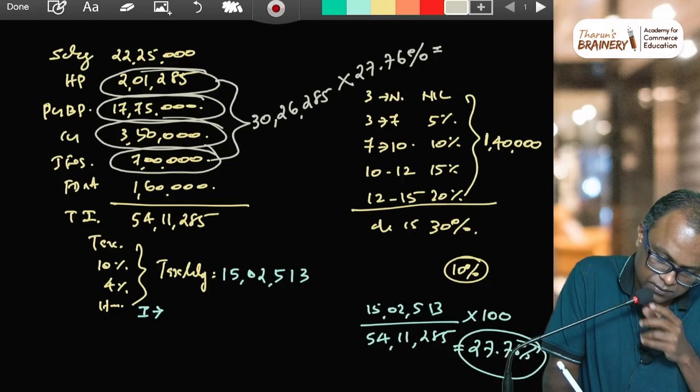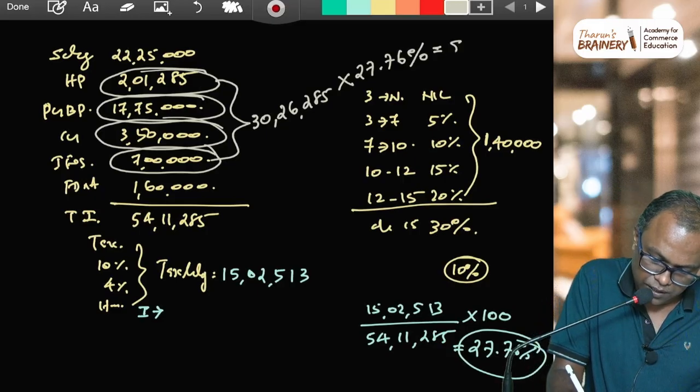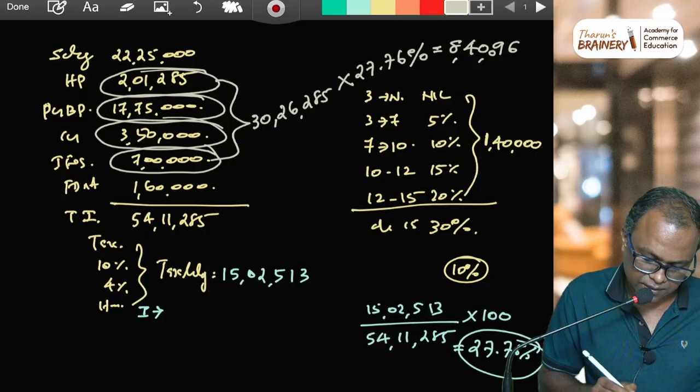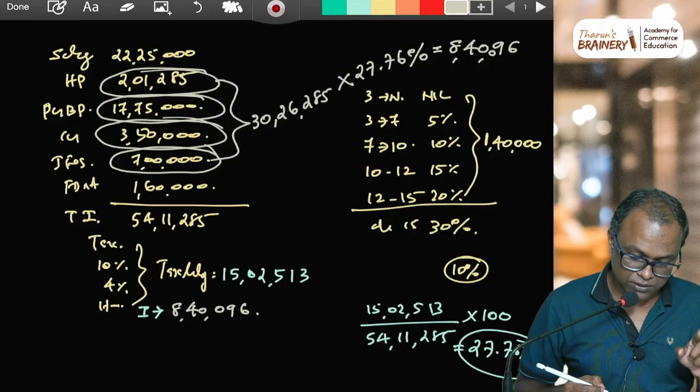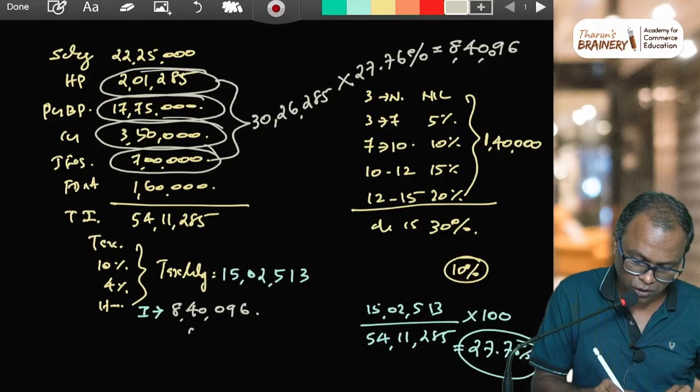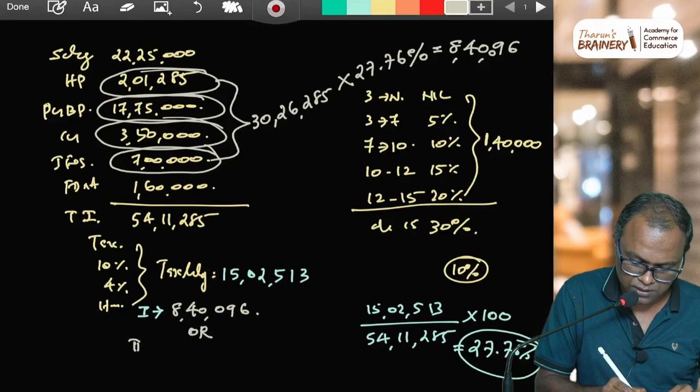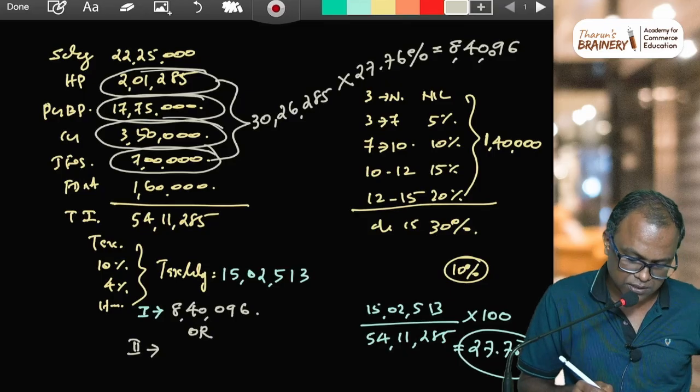So what is that amount? 8,40,096. So 8,40,096 is the tax payable on such foreign income in India, or as the rule says, tax payable on such income